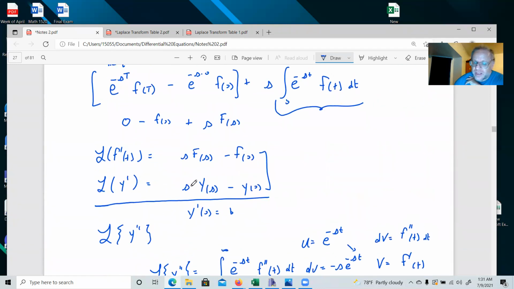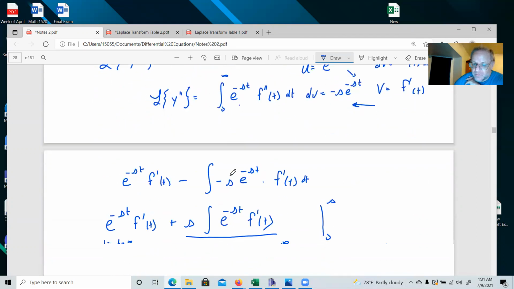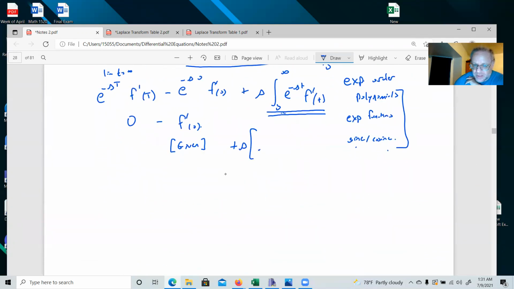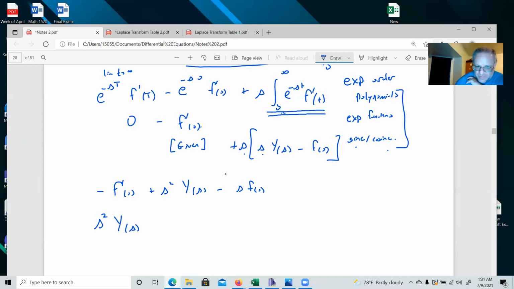Right? This was s, Y of s minus y of 0. So we're going to write down, this was s, Y of s minus f of 0. Okay, so here we go. We have negative f prime of 0 plus, that's s squared, Y of s minus s f of 0. Let's rewrite this so it looks a little bit nicer: s squared Y of s minus s f of 0 minus f prime of 0. Okay, that's the Laplace transform